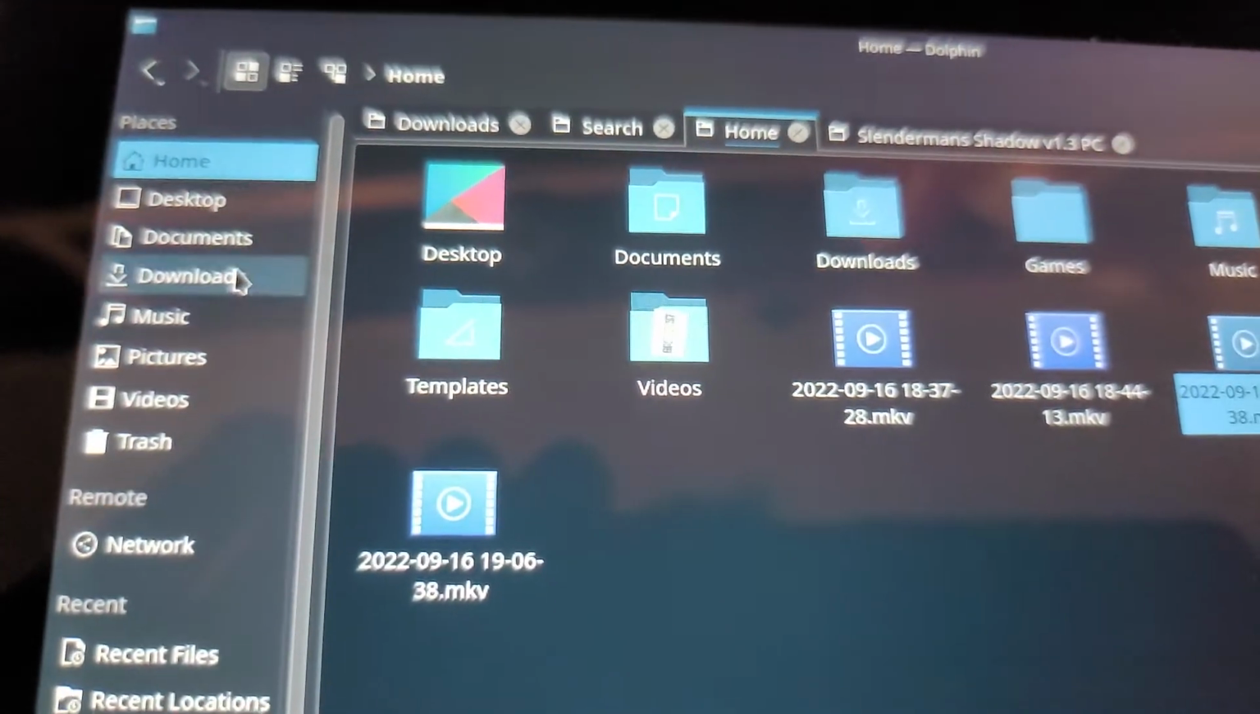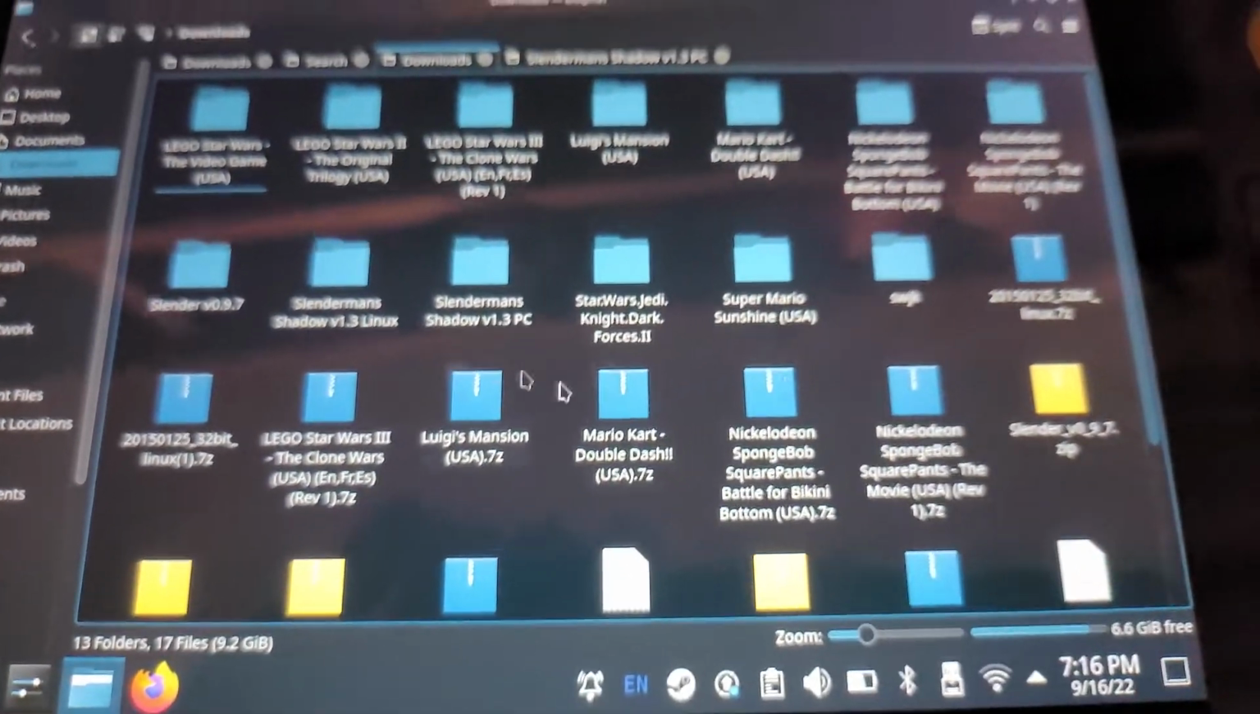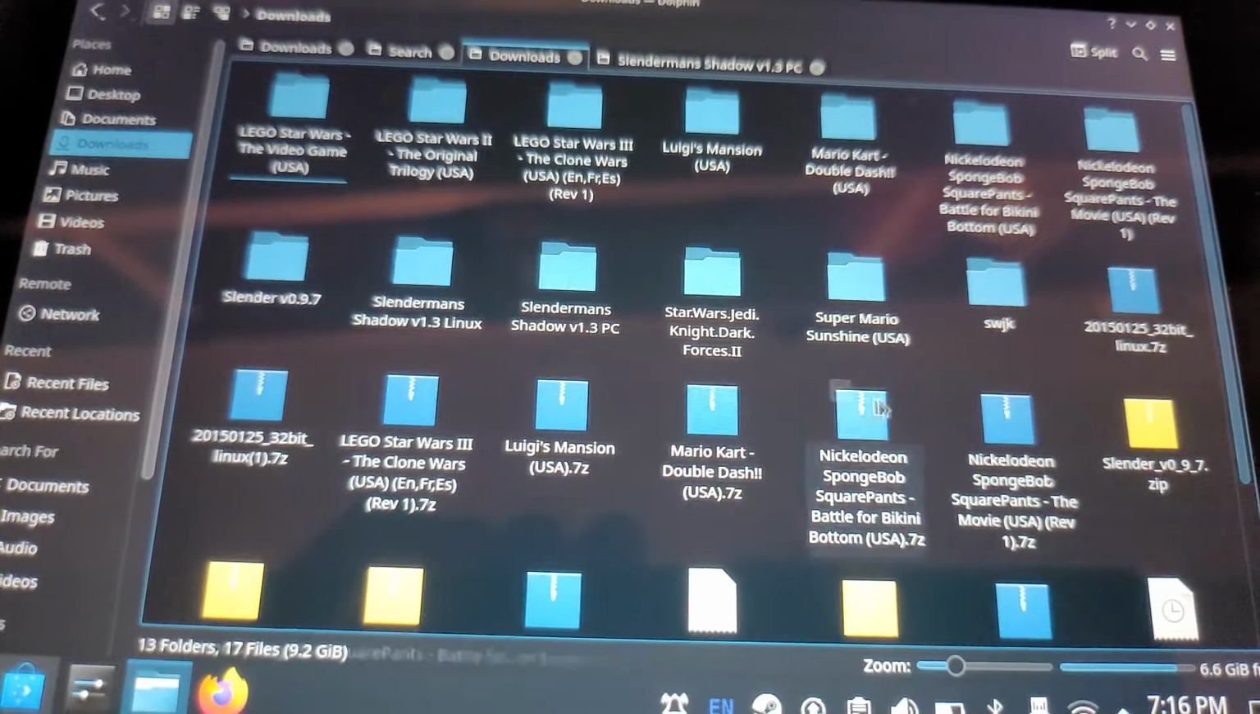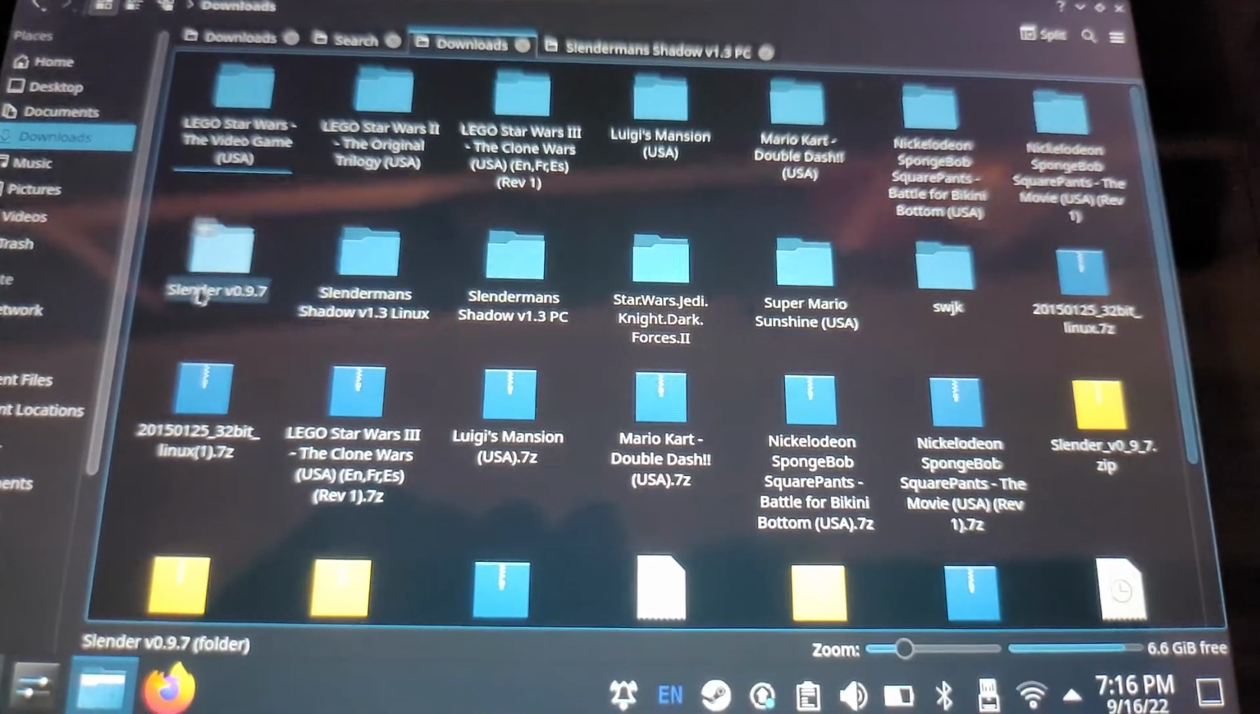This is what you do. It's very, very simple. Again, I don't know why nobody's posted this online. So it's very easy. Go to downloads. These are all my emulators. Where is it at? Literally all you do,